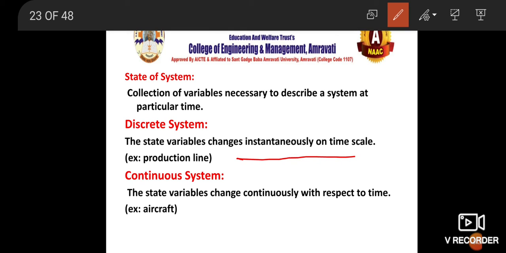Instantaneously with time scale. Production line, you are continuously producing something, so with the passage of time it is changing. वो चेंज होते चला जा रहा है. वो सिस्टम आपकी चेंज होते चली जा रही है. आप एक होटल में गए हो, आपने ऑर्डर प्लेस किया, आपने पैसे दिए, आप चले गए, दूसरे पर्सन ने ऑर्डर प्लेस किया. तो जैसे जैसे टाइम बढ़ता चला जा रहा है वो सिस्टम आगे बढ़ती जा रही है. वो ऐसा नहीं है कि एक ही जगह पे बैठ के वो सिस्टम रुक गई है. So that is a discrete system.